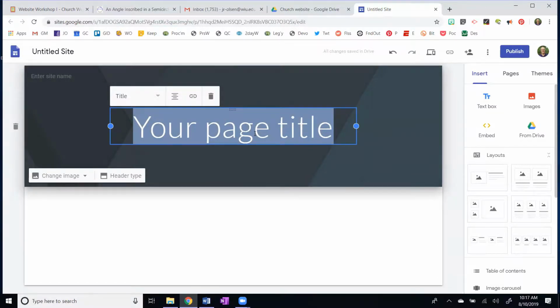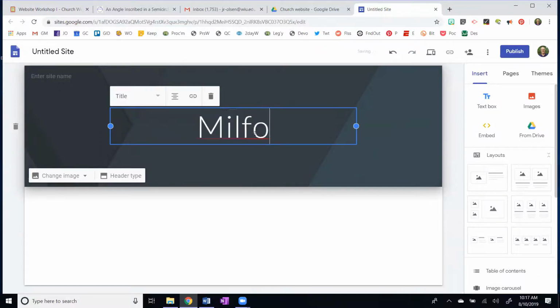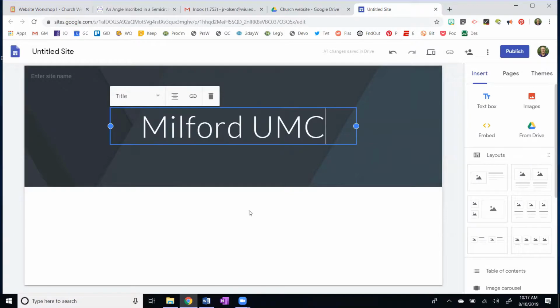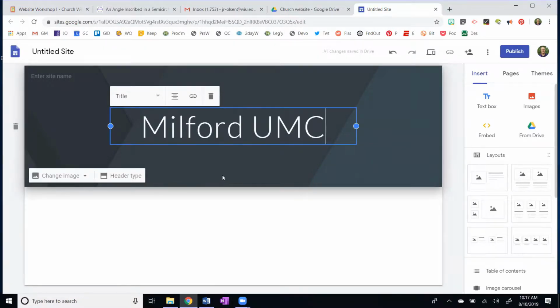Okay, so let's put Milford, whatever you want, Milford UMC, or if you want to write out Milford United Methodist Church, however you want to do it. So that's going to be the title, and this is going to be what's going to be seen in this banner across the top.